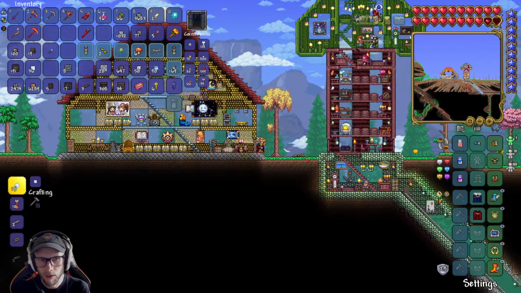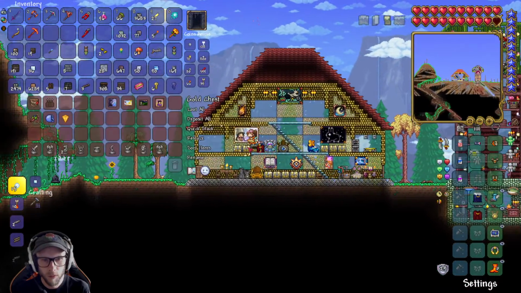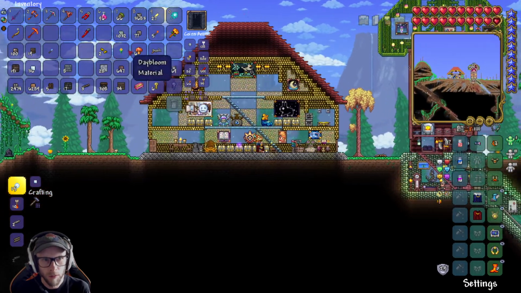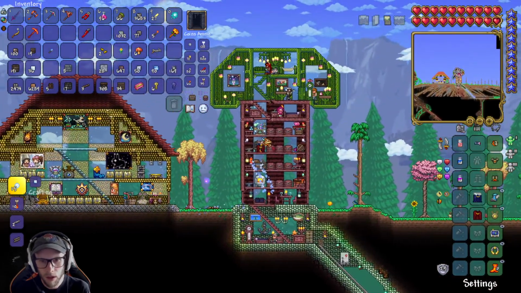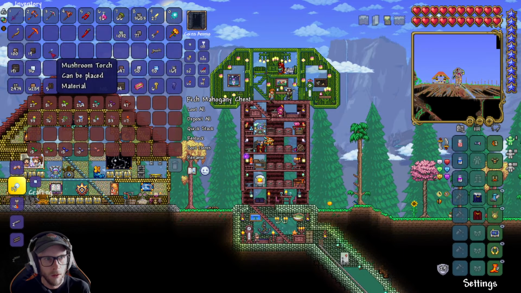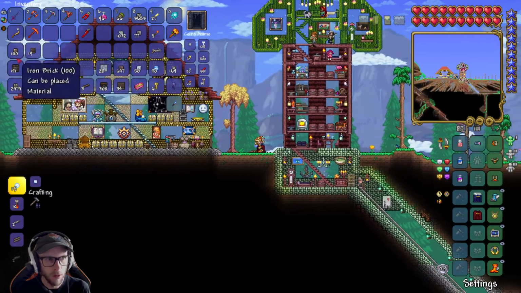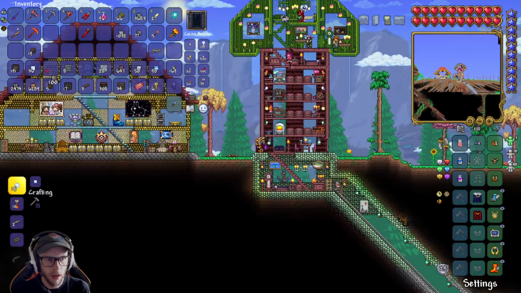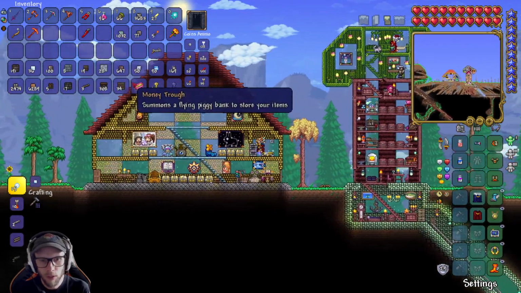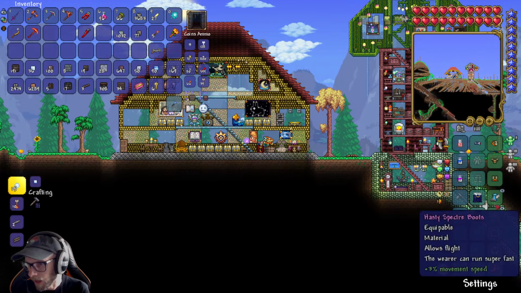Put this door back. Let's see, I think Goblin banners go in there. Just delete this mushroom torch. Iron brick. Got all this building material from a building project I've been working on, but I'm not going to worry about that. I think I'm finally today